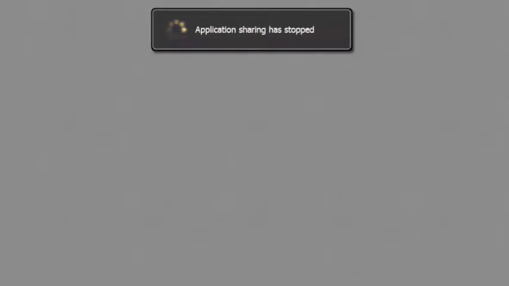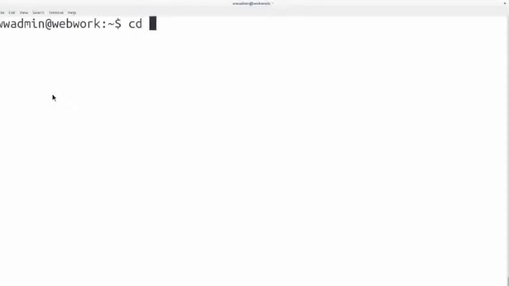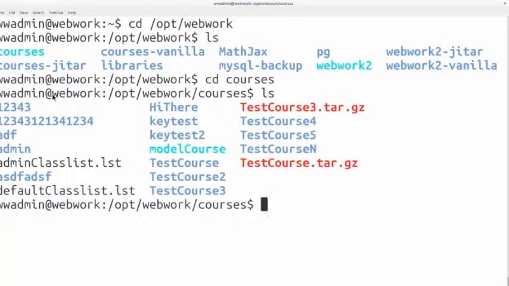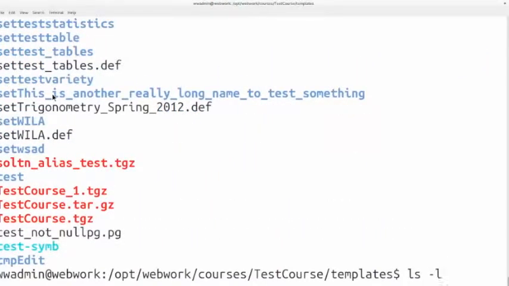So I'm going to stop sharing for a moment. I have to switch over to my server. All right, so I'm logged into my WeBWorK server. You need to go to the courses directory, and this is going to have to be done for every course. If you want it done for all courses, then you should do it to the model course and use that as a template when you're creating courses. We want to go to the templates folder,